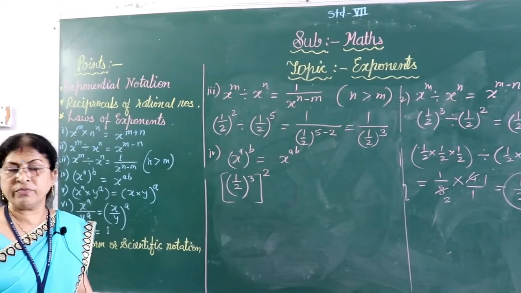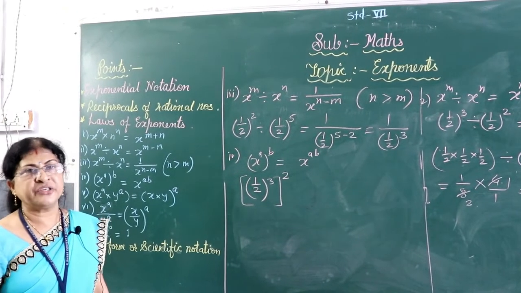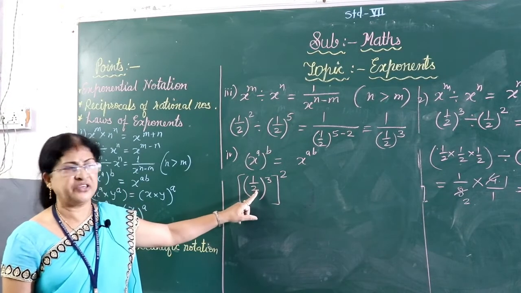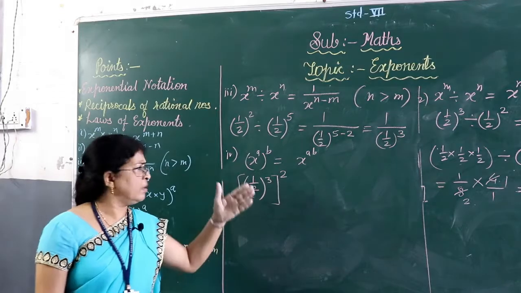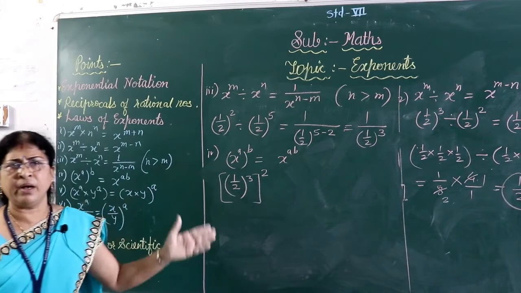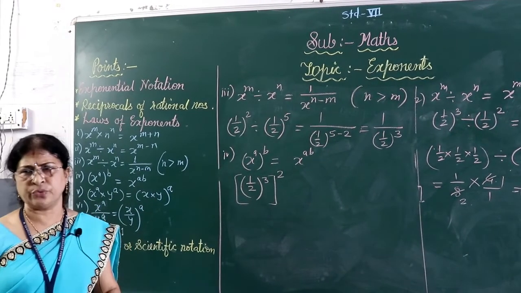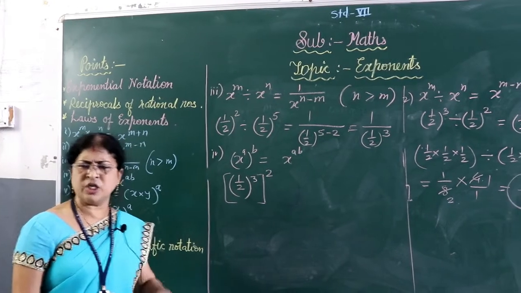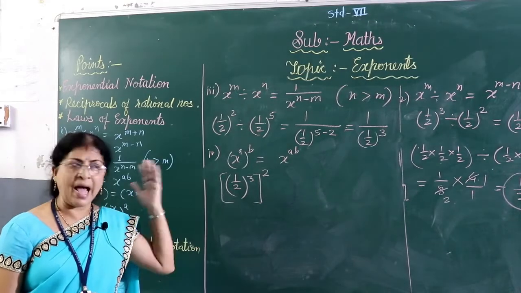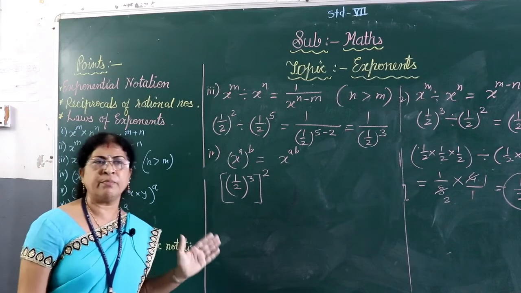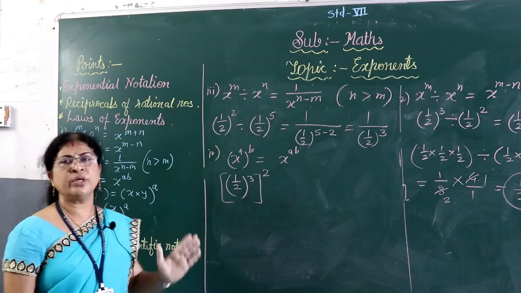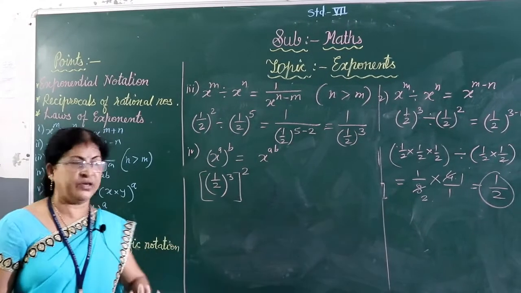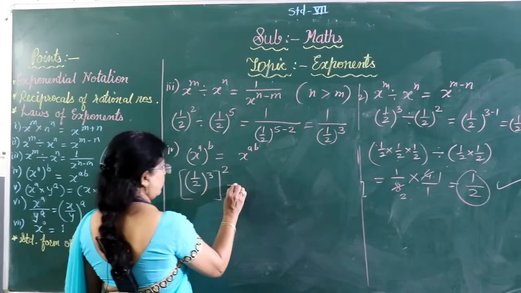We are discussing rational numbers, right? So every time I am giving you the example of a rational number. The same laws can be applicable for natural numbers also. These laws we can apply for integers, for any other numbers, but as we are going through the topic of rational numbers, every time I am giving you the example of a rational number. Okay, now you solve this.